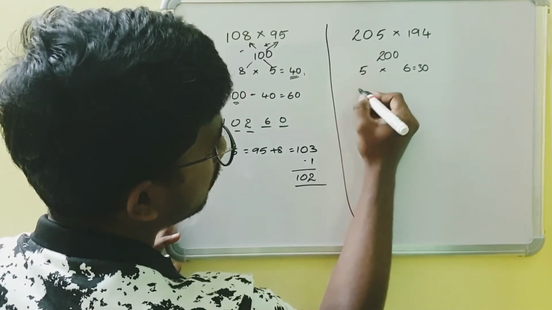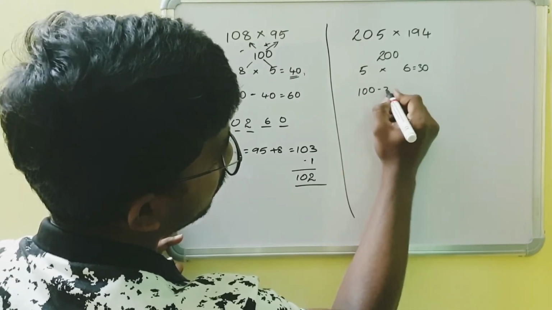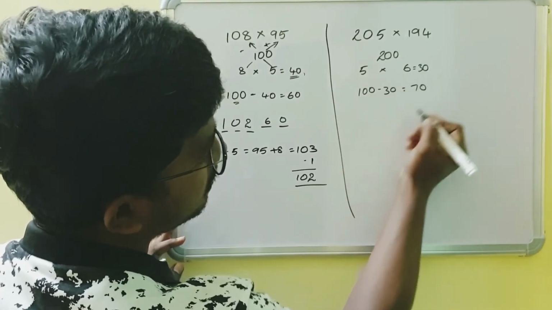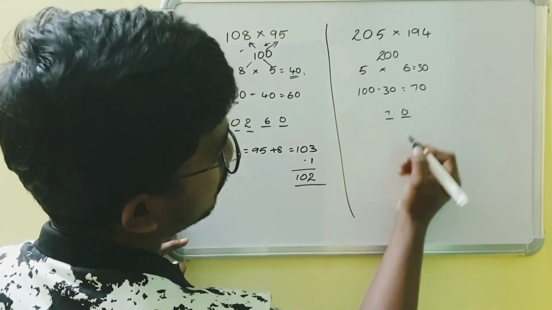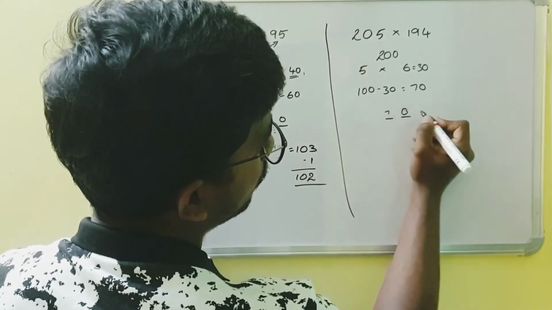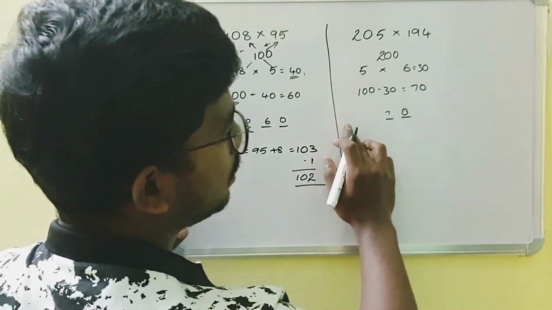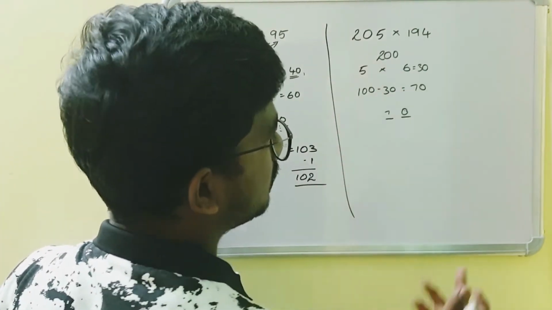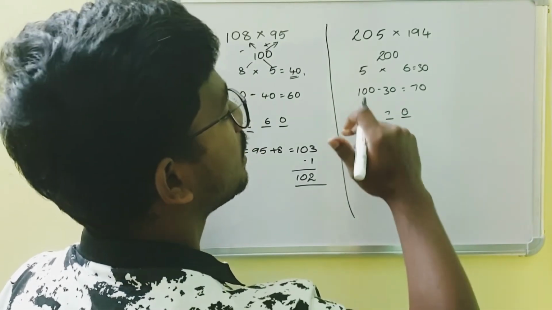See, in this case, we have to subtract the answer from 100, which is nothing but 70. So the last 2 digits of our required value are 7 and 0. To obtain the remaining values, we have to add if the number is lesser than 200, and we have to subtract if the number is greater than 200.